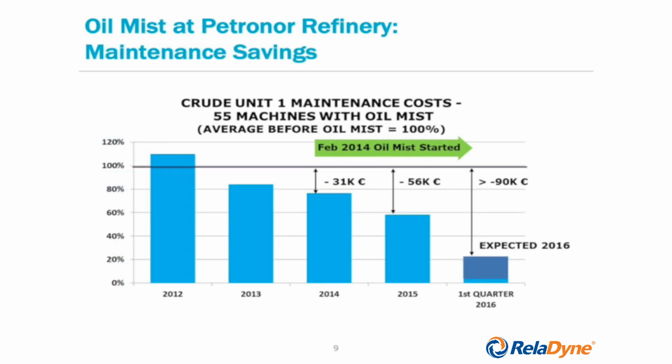The oil mist maintenance savings were cataloged as of 2012, and you can see how these savings progressed from 2012 until the beginning of the first quarter of 2016. The expectation is that there will be a continuing reduction in repair frequency and also a great reduction in maintenance costs. These are valid data that are amounting to many thousands of euros, as you can see on these bar